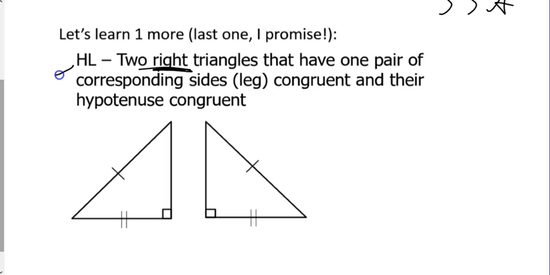This H stands for hypotenuse, which is the longest side of a right triangle. This is my H, and it's always opposite the right angle. And then as long as you have one other leg that matches,